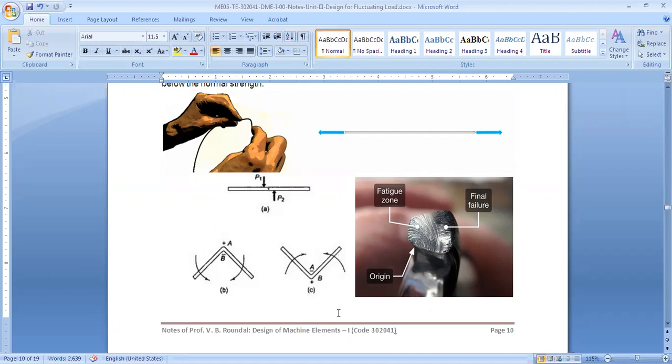If we keep on doing this, that means we are changing the stresses in different fibers, and ultimately it will fail much earlier. This is a very good example of how it will fail under fatigue. A wire which we cannot break with tensile or shear load, we can fail with fatigue very quickly. In the second diagram I have shown, somewhere near the origin there was a crack, it started, and then it will propagate. There will be a fatigue zone, and final failure happens on the right hand side. This is what is called fatigue failure.